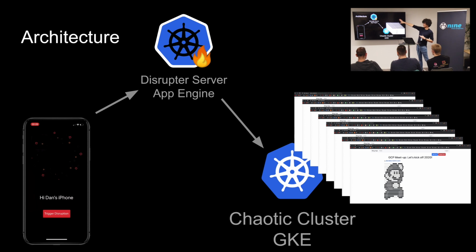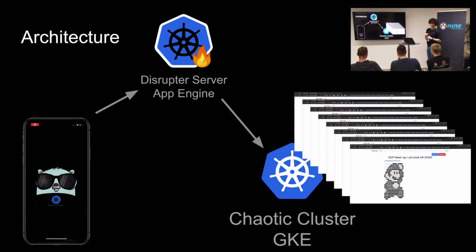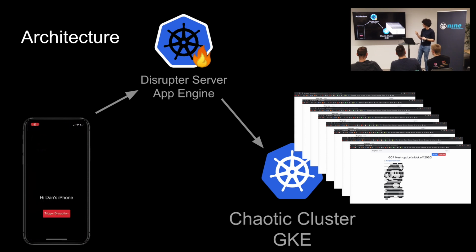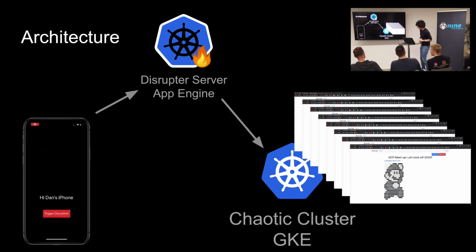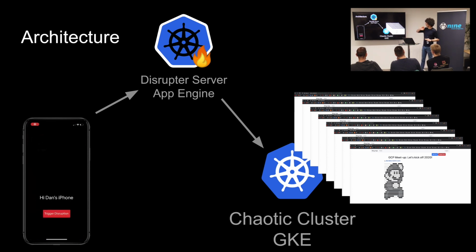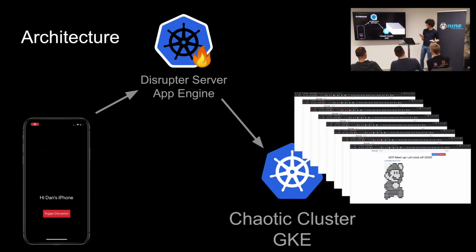My phone talks to the disruptor server, which goes to my chaotic cluster. The whole point is that I don't want to re-architect this application and submit it to Apple. Actually, I do have an APK, so on Android as well. I tried to use Flutter. I'm really sorry, it was way more difficult, and I preferred using React.js for this because my brain works in Go and Node. It took me about 2 to 4 weeks to actually build the app. I'm sorry about that. I really suck at front end.